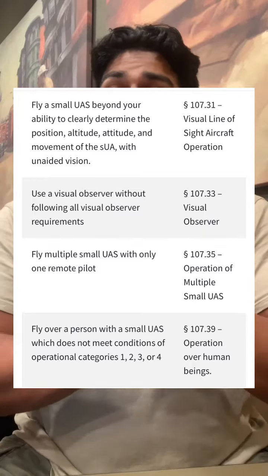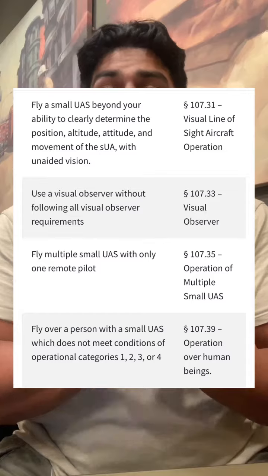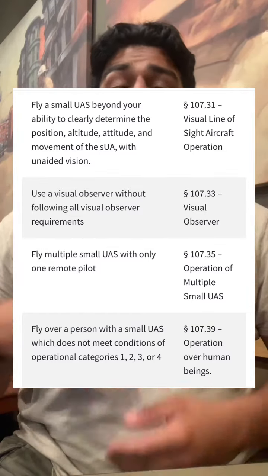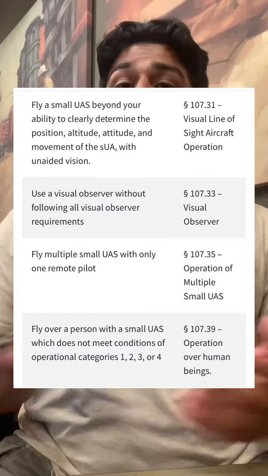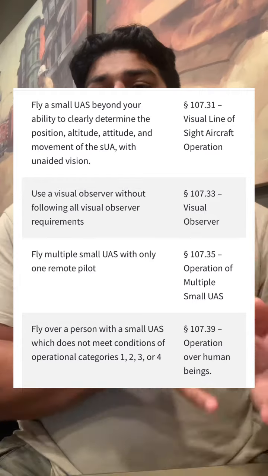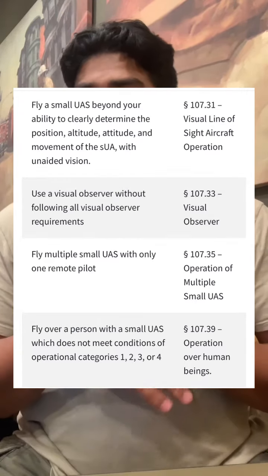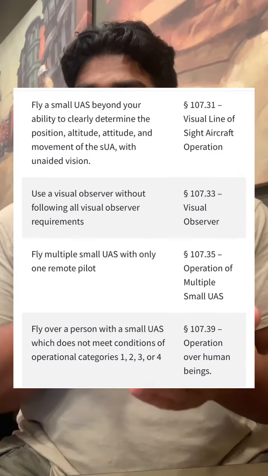Also, if you want to fly multiple small UAS with only one remote pilot, so if y'all have seen these drone light shows where they have 200, 300, 500, even 1,000, and I think the record is like 3,000 and something drones all flying at one time, that can be controlled by one or just a few drone pilots if you have a waiver. Also, flying over a person which does not meet the conditions of categories 1, 2, 3,